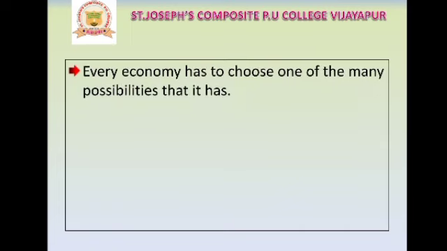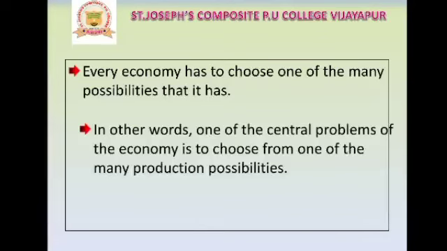Every economy has to choose one of the many possibilities that it has. In other words, one of the central problems of the economy is to choose from one of the many production possibilities. So these are the production possibilities frontier. In this way we can say that if you want to consume one commodity in more number, then you need to sacrifice another commodity because of the scarce resources. Okay dear students, so this is what the